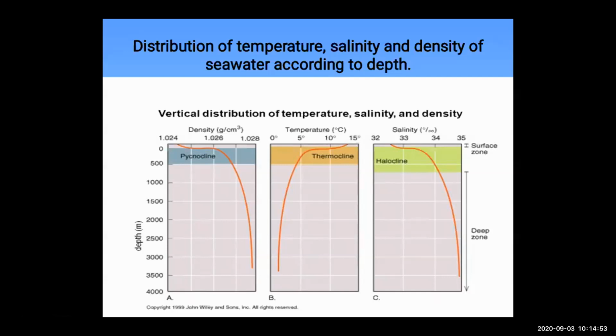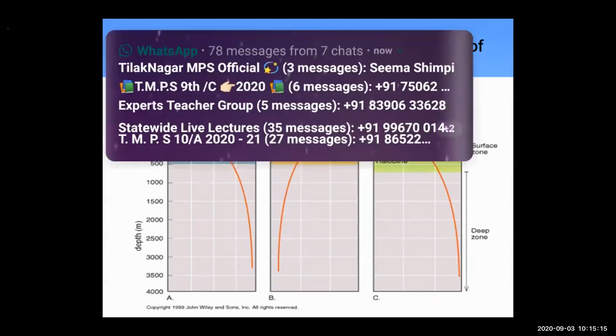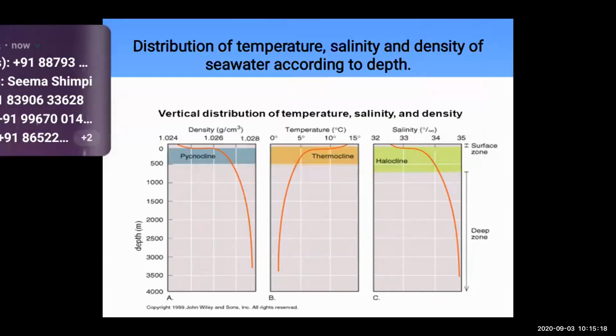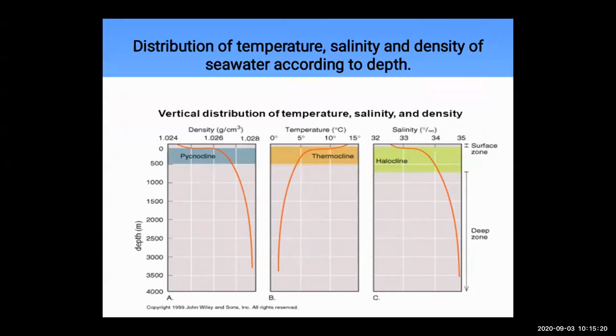Here we have understood that as we are going deeper and deeper, the heat is also reduced. Then there is a change in the temperature. And when we go deeper and deeper, the temperature is the same over there. It is constant. Here we have studied the temperature graph.